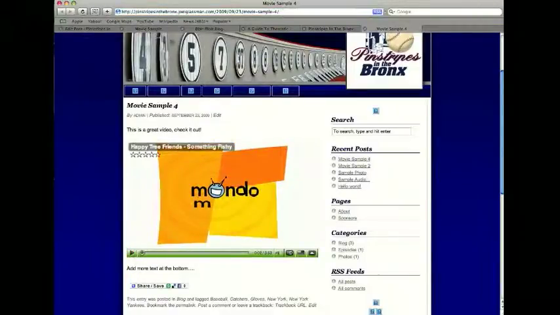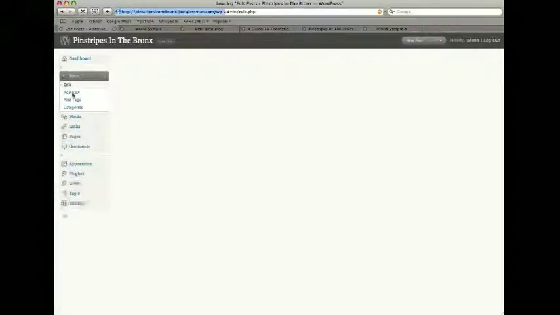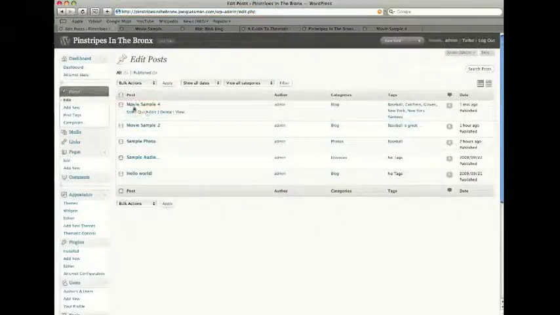And there it goes. And let's go back to the main screen here, back to the back end. Now let's say we don't like this post, we just want to get rid of it. There's two ways to do it. You can go to post, click on post, and we have movie sample 4 here, and you can click on delete right underneath it when you roll over it, or you could click on edit,